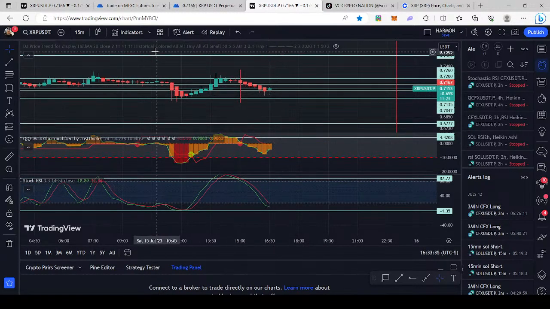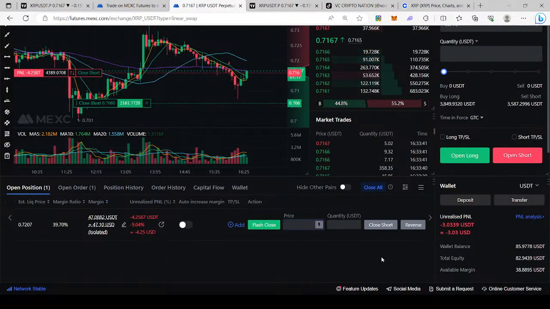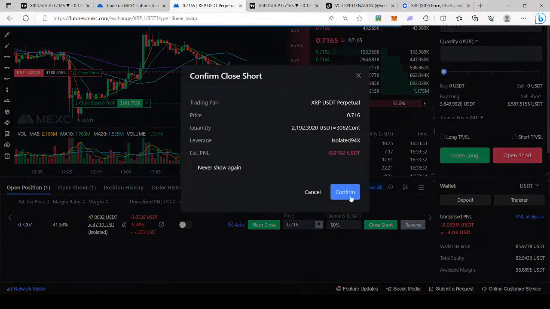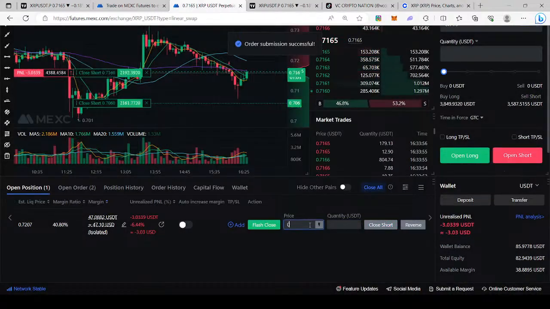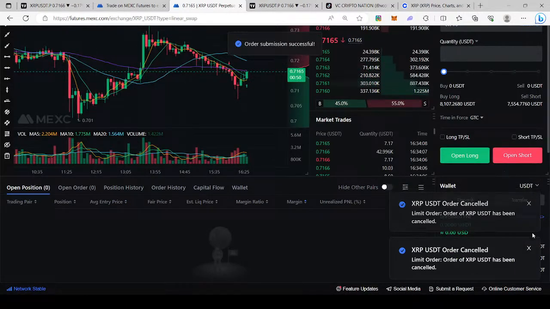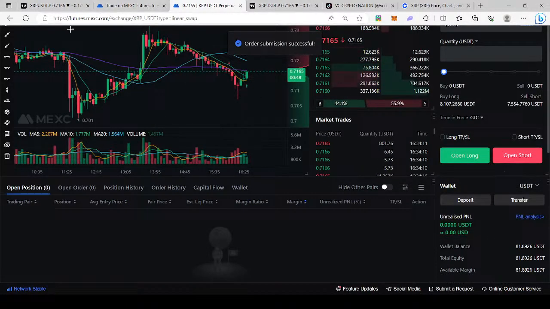So here, what I'm going to do is get out of this trade because I'm not really paying attention to it. But we should have been taking profits on this. It was a nice little 50% profit that we could have made if we were paying attention. Let's see here. All right, so I'm just going to get out of here because I'm not going to trade while we're teaching. All right, so